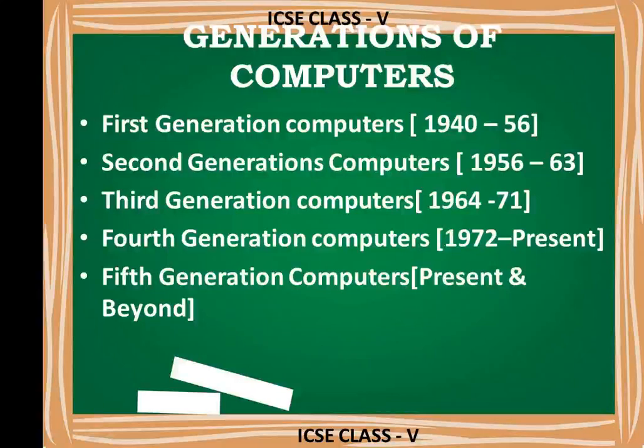The fourth generation computers, that is the present day computers we are using, are based on very large scale integrated circuits called microprocessors. We are using microprocessors in a CPU. High capacity magnetic disks are used to store data. To store the information in these systems, they use a high capacity magnetic disk, meaning the hard disk.